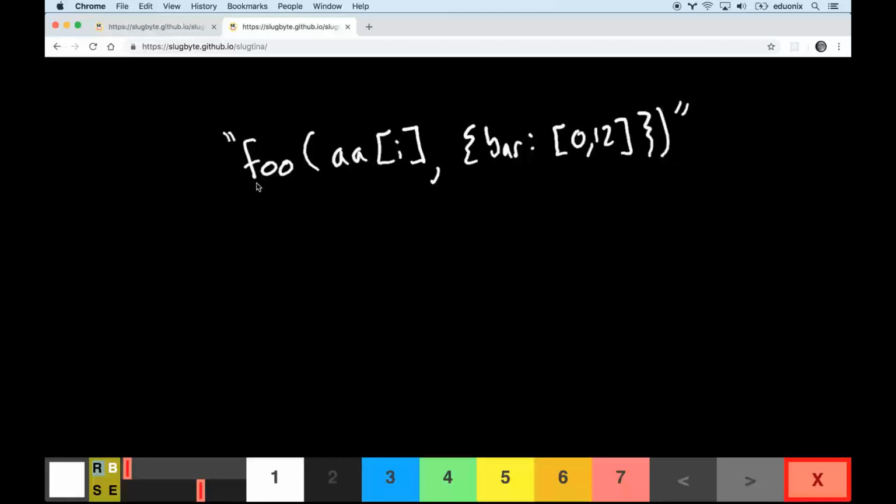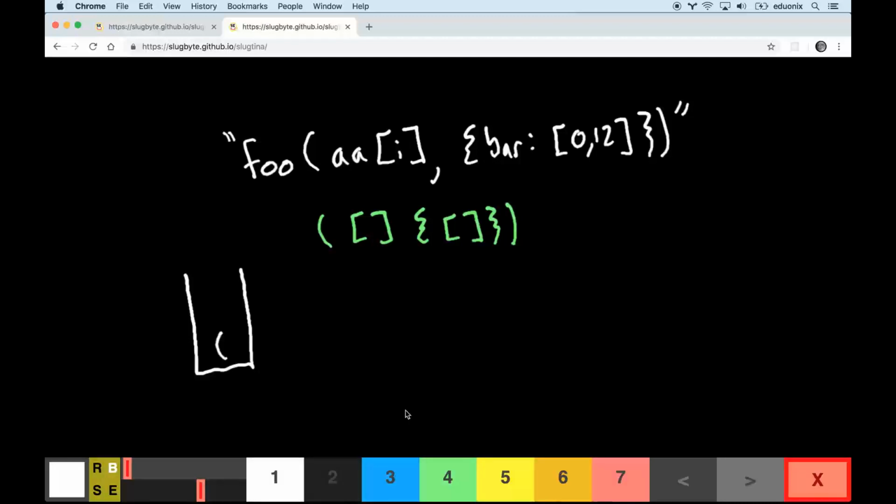We have, for one, characters that we want to ignore. So we don't care about an F or an O and an O. For this one, it's really equivalent to just asking if the parenthesis and the bracket and the curly brace and the bracket and the curly brace and that parenthesis, if these are all balanced. And you can see that we're going to use the exact same strategy: we have our stack over here, first we're going to fill it up with a